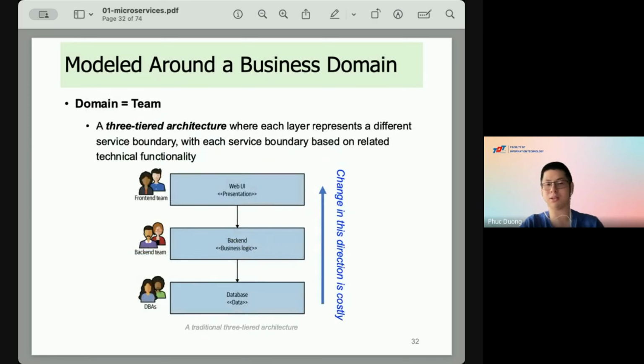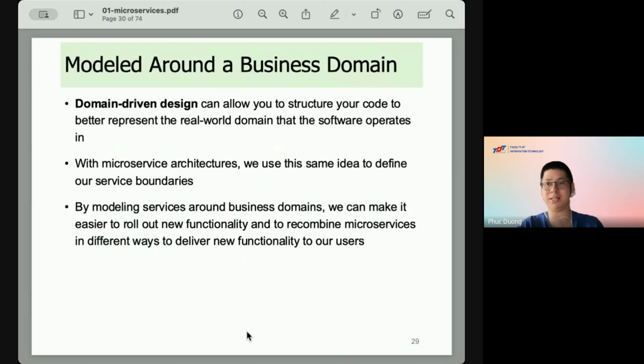And when we focus on a team including front end, back end, and DB, we are using the vertical alignment. So in reality, you can have many kinds of structures. A domain is a team, and also a domain is the business that you are working in.